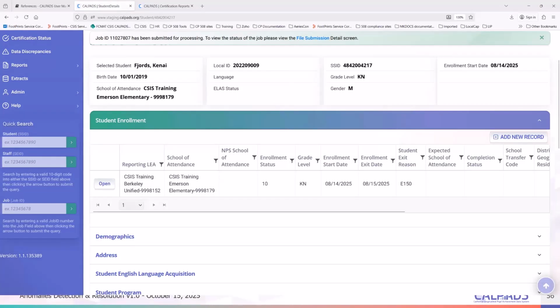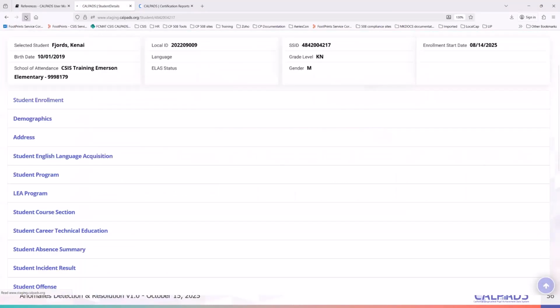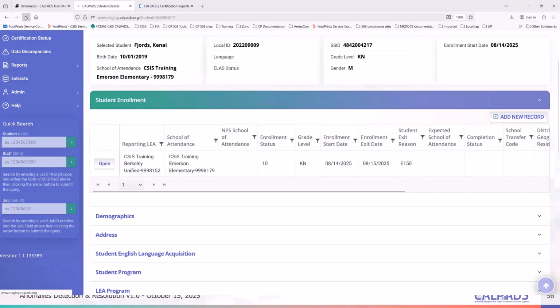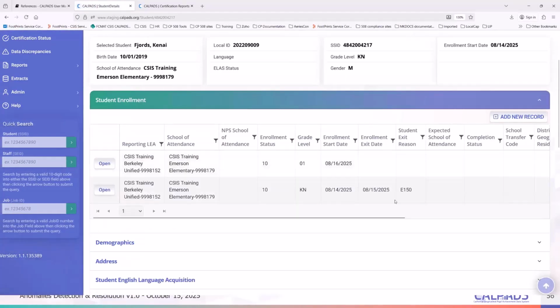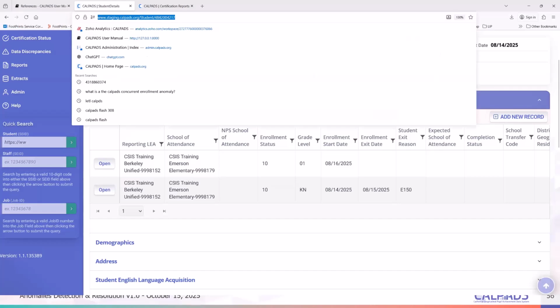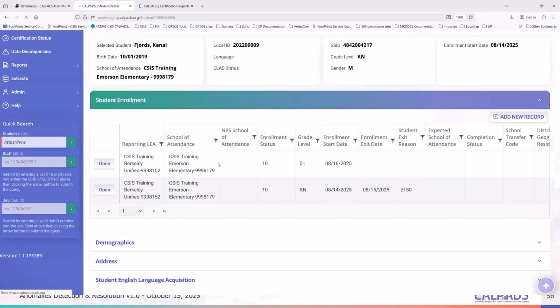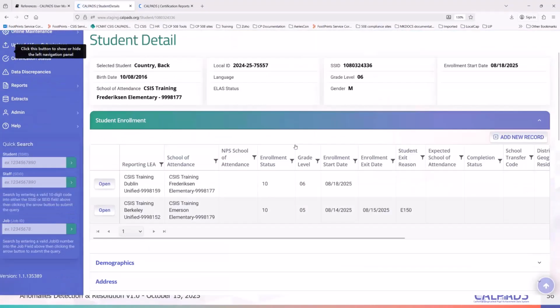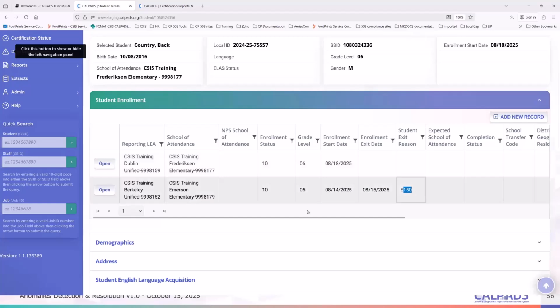Okay. Now we have another one here. Okay, there you go. So next day enrollment would resolve it. Another scenario is this. Type E, ERD. So essentially what happens here is you have an E150, but then instead of the student being re-enrolled at your district, it turns out the student left and went to a different district.